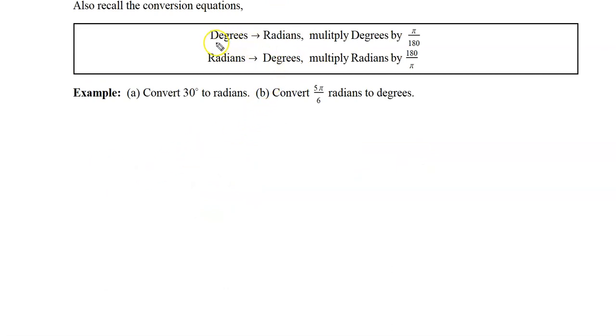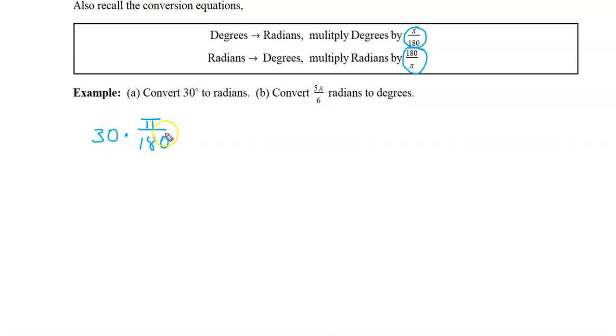So recall that to convert degrees to radians, you multiply the degrees by pi over 180. And to convert from radians to degrees, you multiply the radian angle by 180 over pi. So for example, let's convert 30 degrees to radians. We saw on the diagram that we just saw that 30 degrees corresponds to pi over 6 radians. So we can get that immediately from these conversion equations. So to convert 30 degrees to radians, we simply multiply 30 times pi over 180,